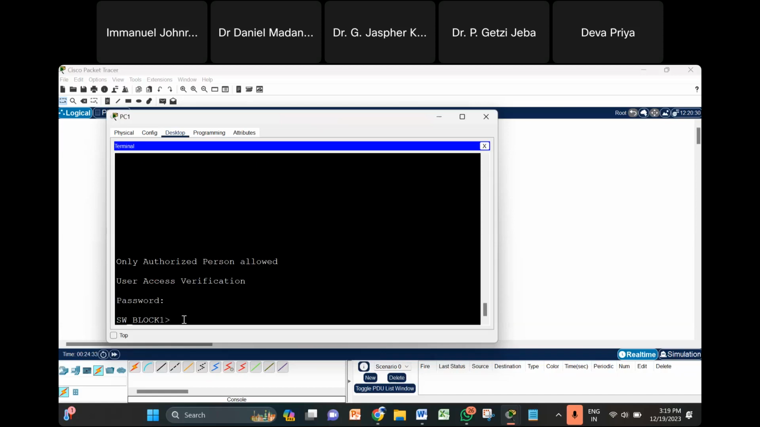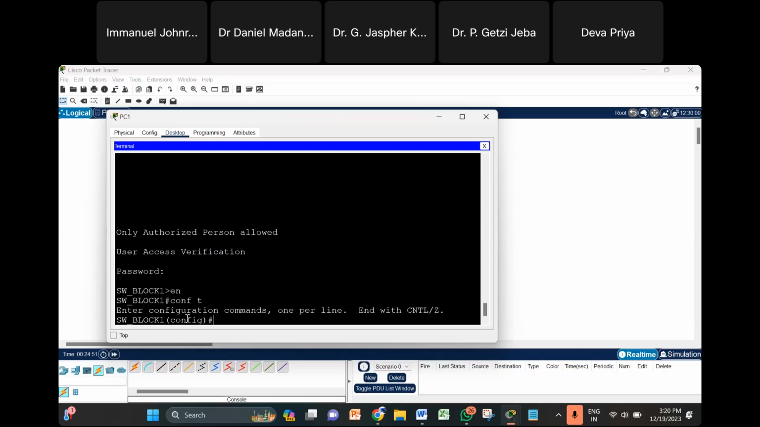So now after entering into the user mode, I just give an EN and exactly I'm going to the privilege execution mode. Again, here all the show commands will work, right? So even if somebody was able to access the console port, this privilege execution mode can also be secured. So how can I secure it? So come config. Okay, so I say